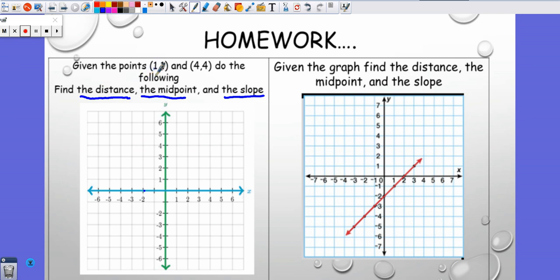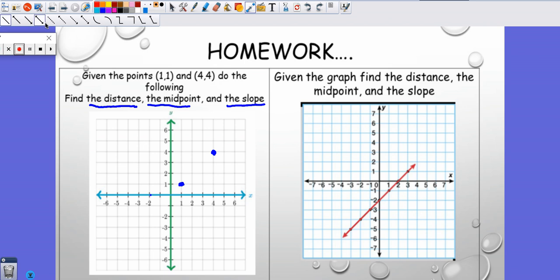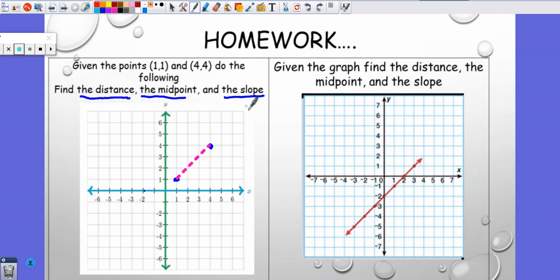And first, what I'm going to do is plot these two points. So I'm going to plot (1, 1), and then I'm going to plot (4, 4). And distance is the length in between these two points. In order to find that, there are two ways I can approach this. I want to teach you the way that you're very familiar with already, and then I'm going to teach you